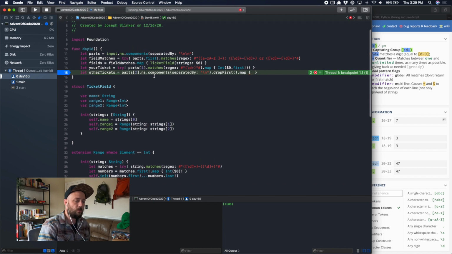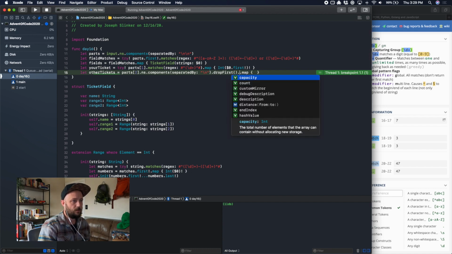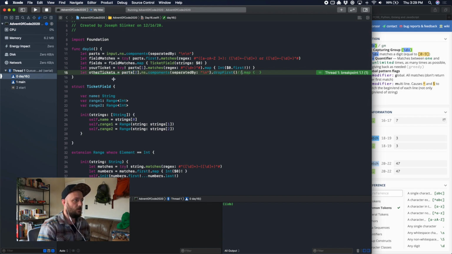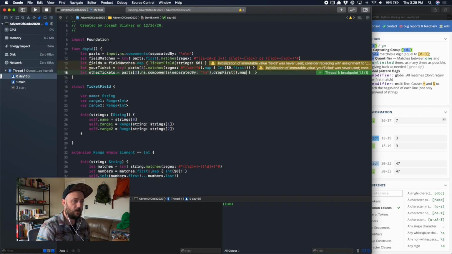So I guess what we can do here is we can say this will get us each line, and then what we want is we want to map, because this will get us each line. Yeah, an array of strings, and then we want to take each string, and we want to do